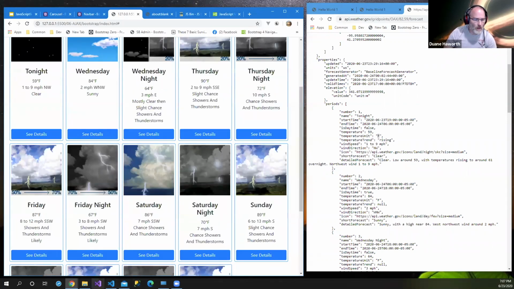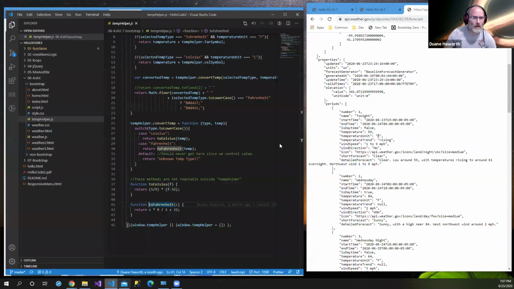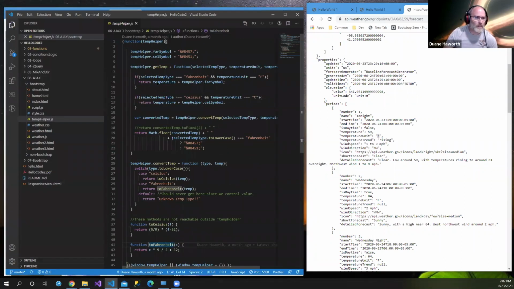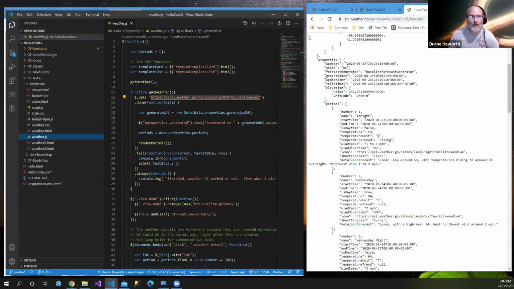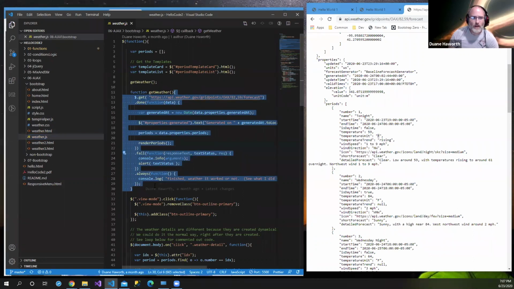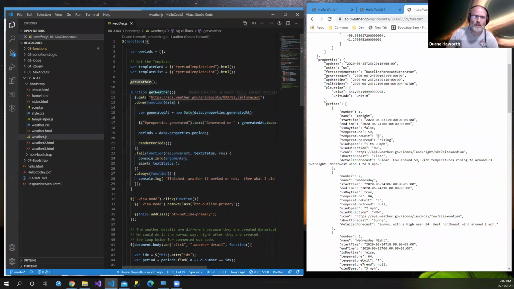And some of the things about JavaScript is it's structured. This right here is our function to go get our weather. And so here we get this data. When it's done,